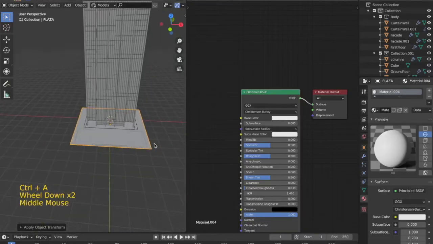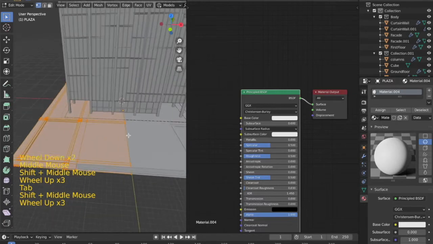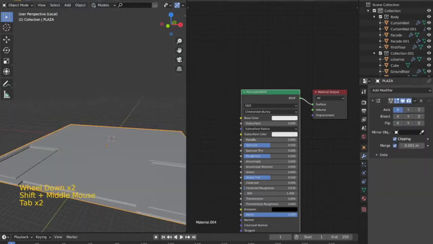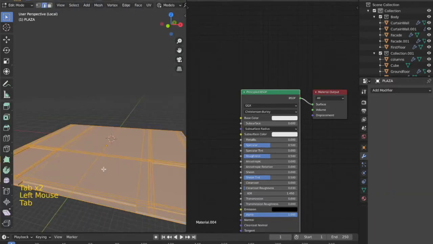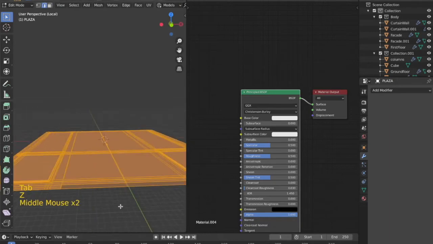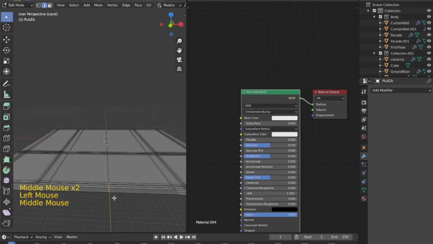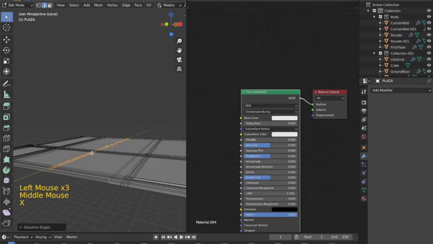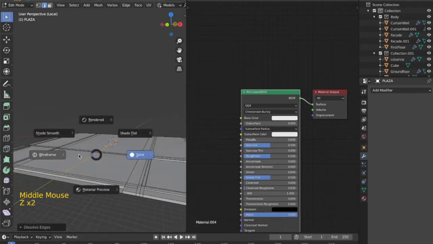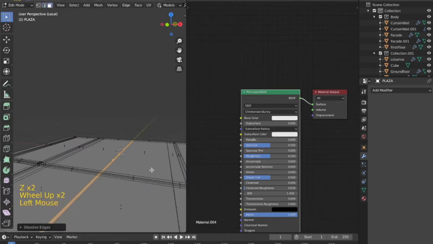Our next step is to add material to the base of the platform where the building stands. We are going to give it a wood material which I have downloaded from the net and also provided a link in the description below. But before adding the material, what we have to do is apply the mirror modifier and delete the common edges and the faces where the mirror modifier is actually merging.